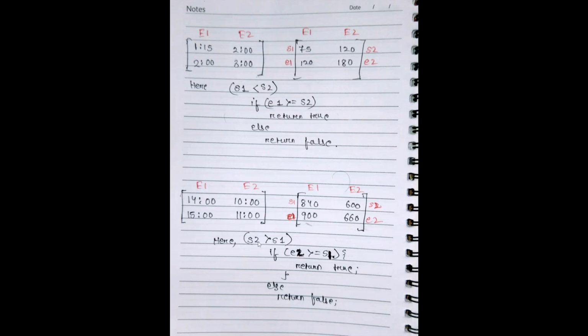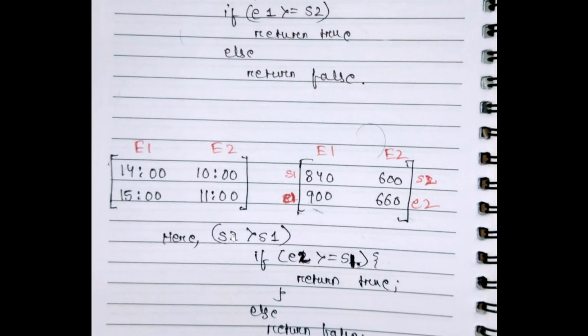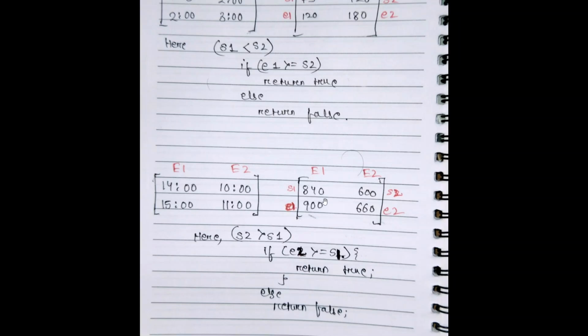Here s1 should be greater than s2, it should be this. So if s1 is greater than s2, like here 840 is greater than 600, then we go on